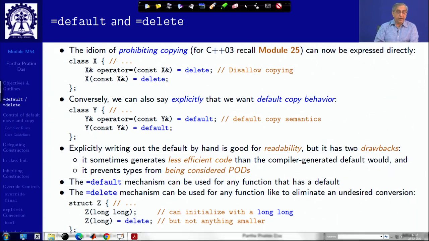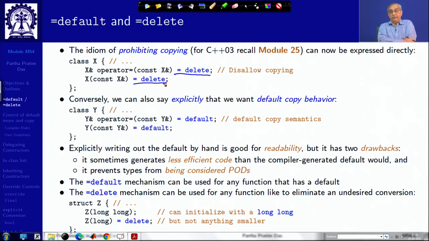In the C++ 11 delete feature, the equal to delete feature, all that you can do is simply write the signature of the function and put equal to delete, which means this function will be known to the compiler, but the function will not be provided by the compiler. This function cannot be used. As simple as that. Delete says this function is prohibited to be used. This function is a member of the class. This function will be used to resolve overloading and all that. It is as if it exists in every possible way, but it cannot be